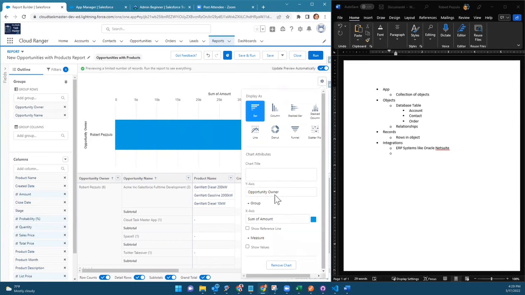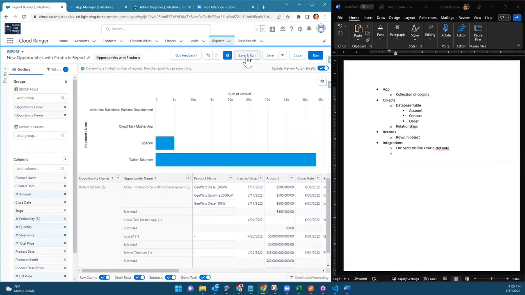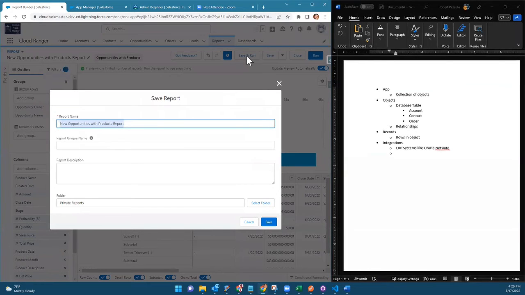We need to change the properties because it's going to try to go off the owner. We want it to go off the opportunity. And then we can look at the amount by opportunity. So let's do save and run this time. We can call this